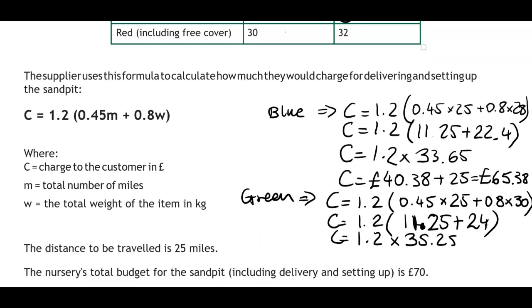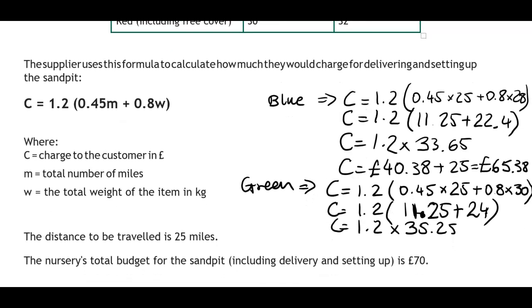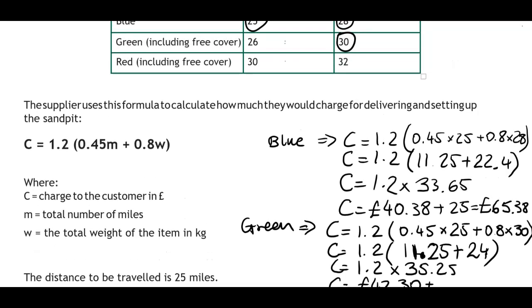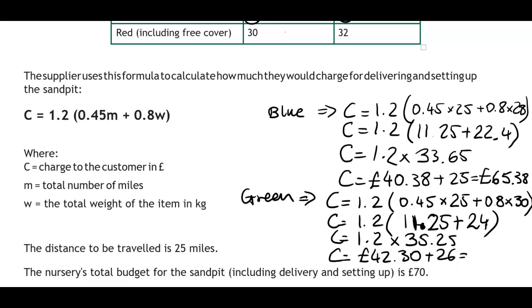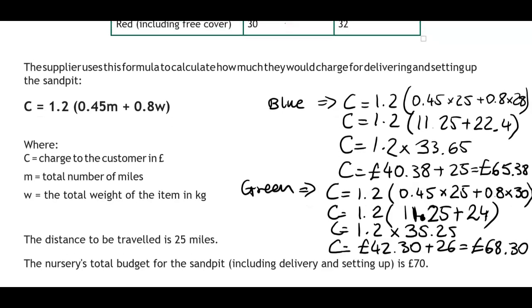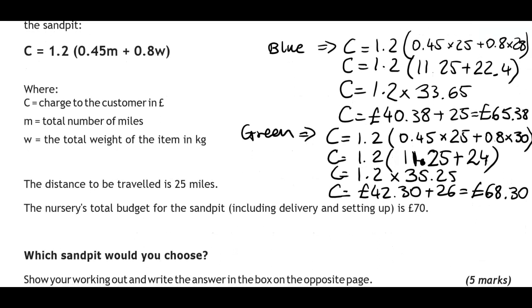So 1.2 times 35.25, that is £42.30. Add in the cost of the seesaw, which is £26, gives us £68.30. And finally, with the red one,